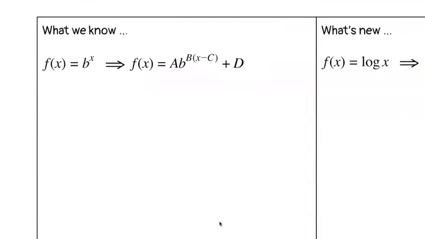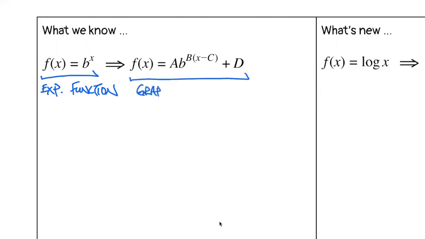And so what we know is that we've looked at this exponential function. And if we have certain letters in certain places, then we can actually tell, based on where those numbers are, how they move our graph, right? And so this would be our graph